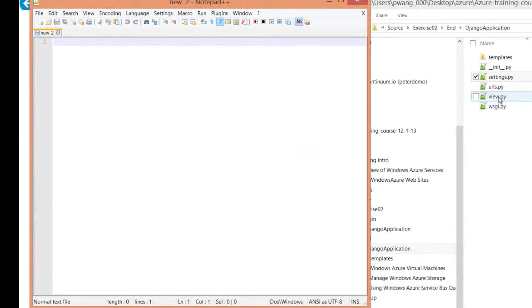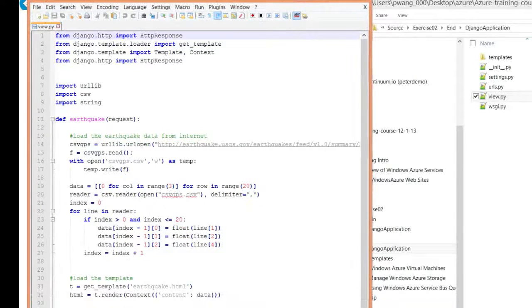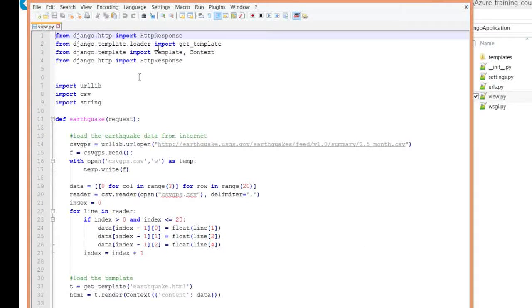Next, we'll look at view.py. This is a new file that was created during the exercise. Let's walk through the code. It contains a single function called earthquake. This function first loads a CSV file from the USGS, and then it writes it to a temporary location. Then, using the CSV module in Python, we read the CSV file line by line and break it up. At every line, we convert the geographic coordinates into floating point values, and we store all of these values inside